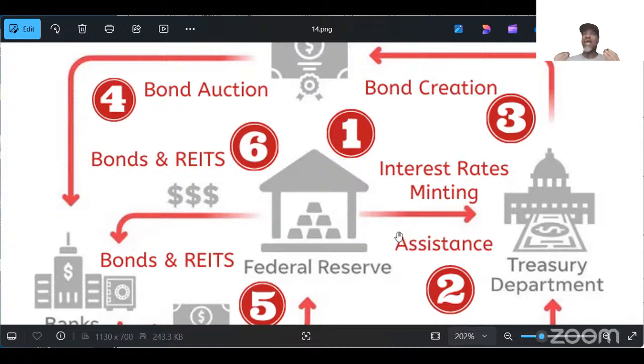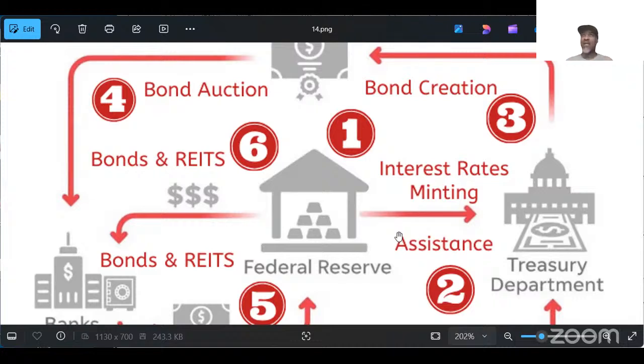Either one of those, they have to create the money. And even if they're giving military supplies, you need the money to make the military supplies. So either way, if there's some kind of foreign aid, there's going to be the Treasury Department creating that money. And once again, if they're creating the money, they got to create the bonds. So the Treasury Department is creating money either from the Federal Reserve or from some kind of foreign aid or stimulus from the government.